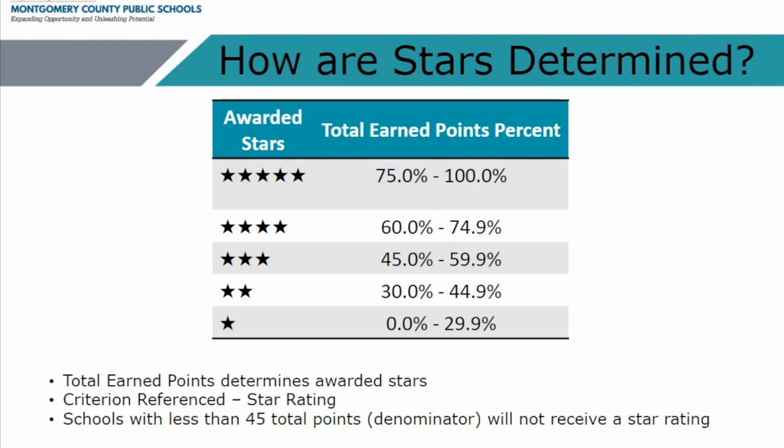Okay, so schools, you'll see across our entire district, have varying points and star assignments based on the points they have earned. But one thing that I do want to take you back to is the ratings are consistent to that percentage. So all schools across the entire state, for example, if you are a 3-star school, it's 45 to 59.9. That is the percentage that would place you with that star rating.